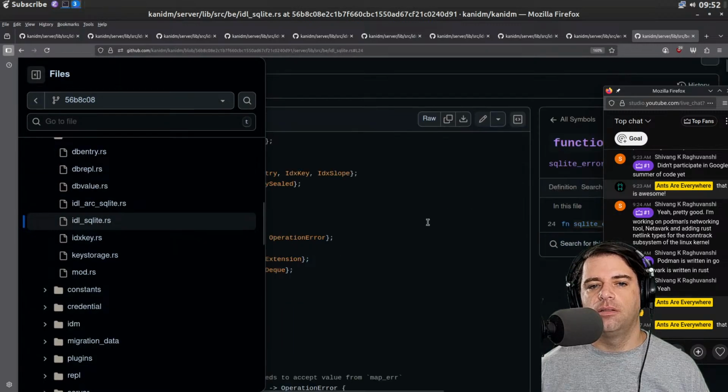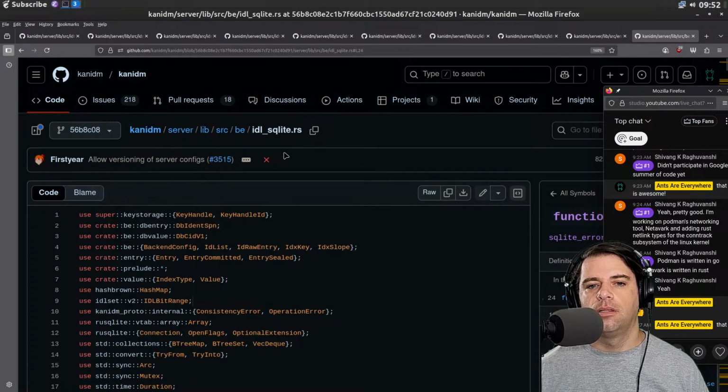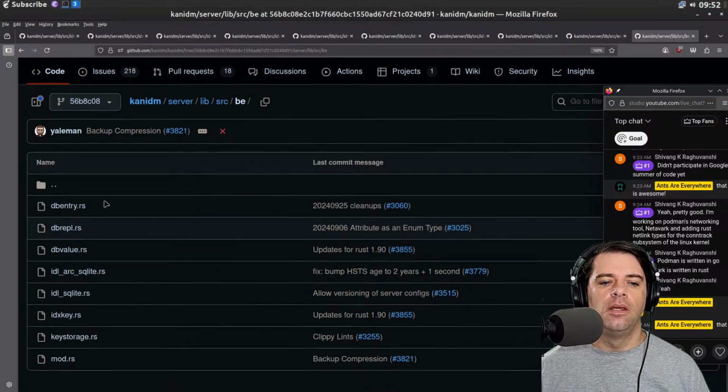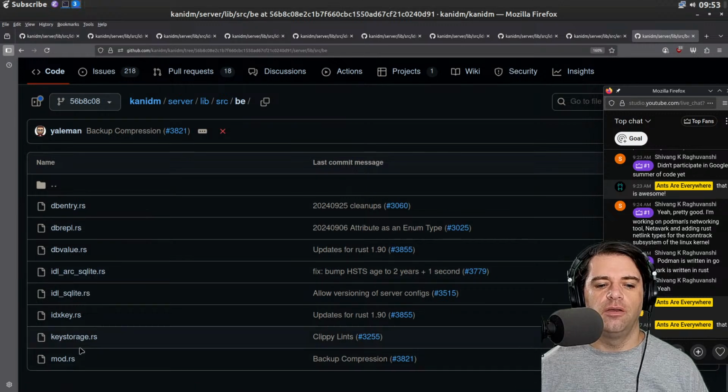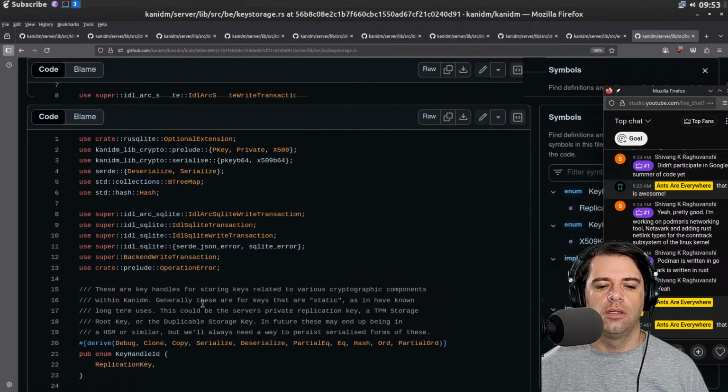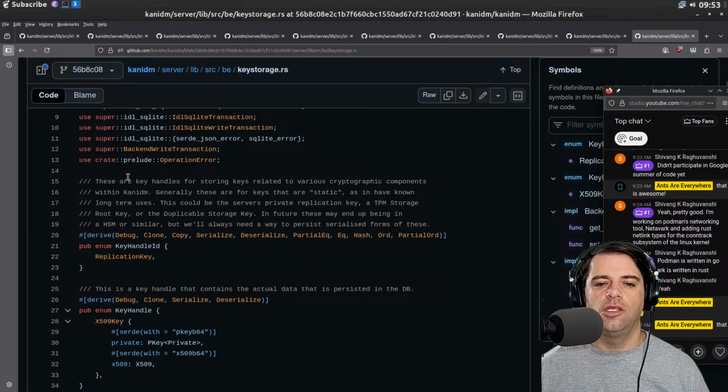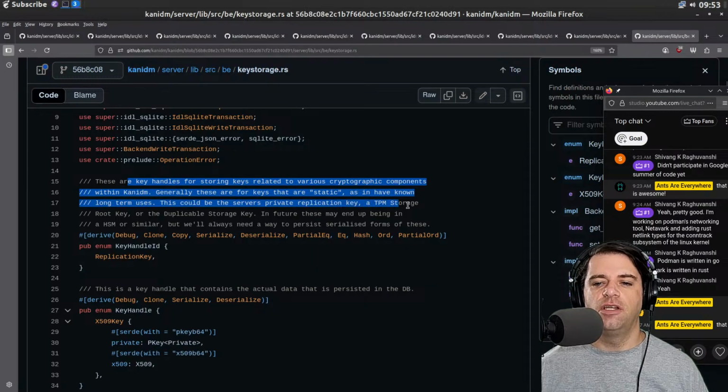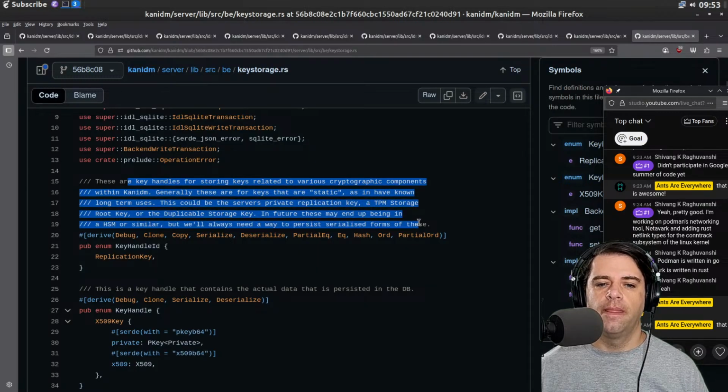IDL or LDL? Okay, what is B? DB entry, DB REPL, ob value, etc. in key storage. These are key handles for storing keys related to various cryptographic components within Kanidm. Generally, these are for keys that are static, as in have known long-term uses.